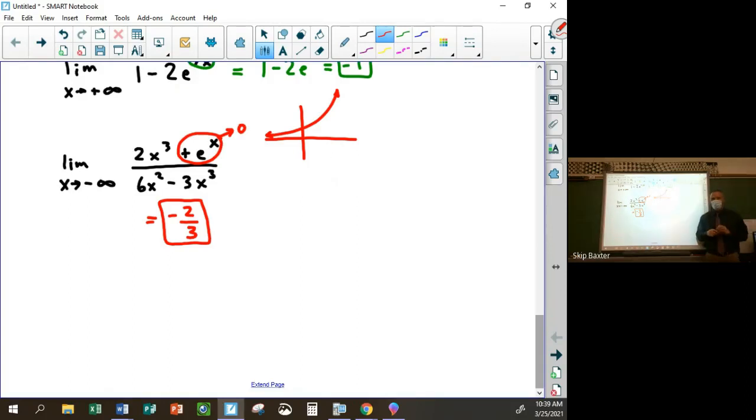That makes sense? So these problems, you kind of have to look at them on a case-by-case basis and figure out what's going on. Be careful about exponential functions. They look different if you're going positive or if you're going negative. It either blows up or it goes to 0. Okay? The last question you have to answer about these is sometimes they'll ask you to identify the horizontal